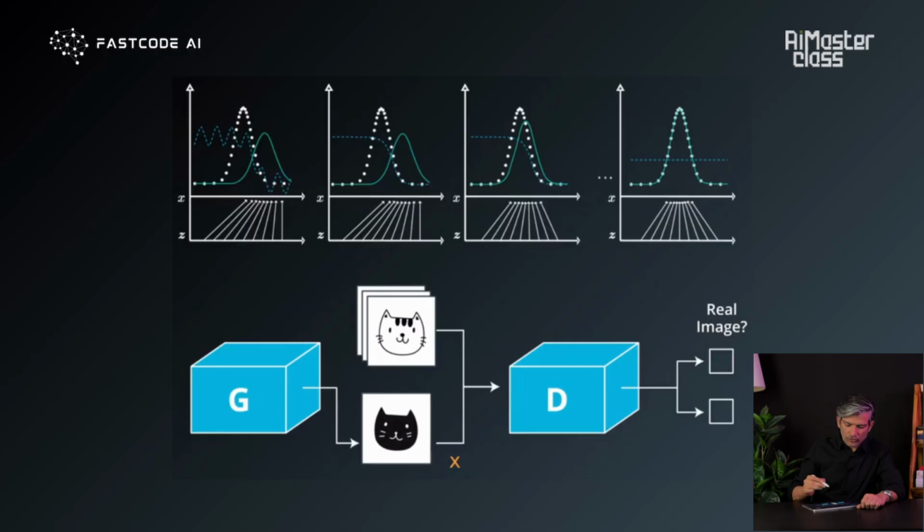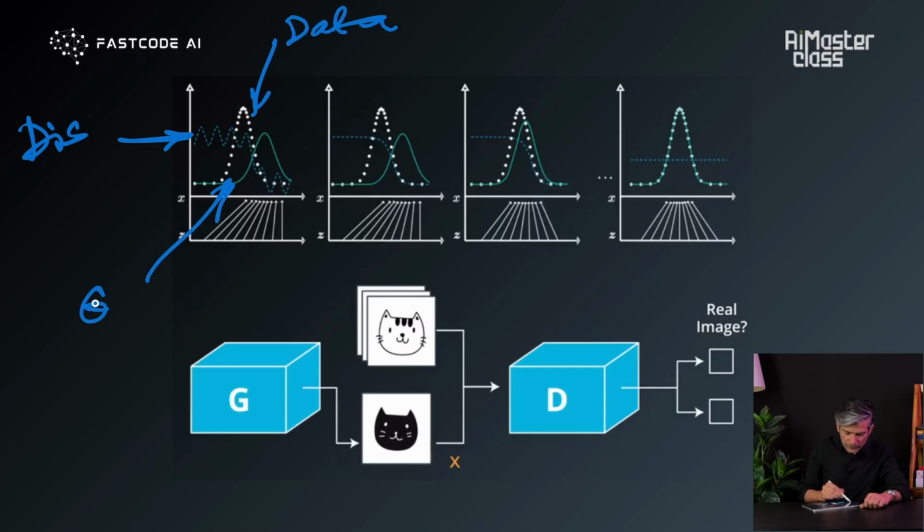So now this shows how training progresses of a generator. Let's say this wobbly dotted thing that you see is the output of the discriminator. This white is your true data distribution, and this is the output of your generator. Initially the distribution given to us by the generator and the data distribution don't match, and the discriminator is